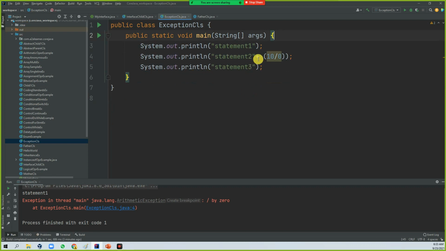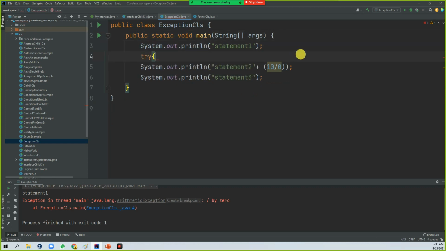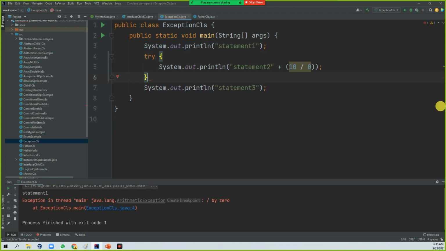What you can do is just hit enter here, try. It has started there, and you can put it like this. So when you write a try, it says that a catch block or finally block is required. So here I need to write a catch block.